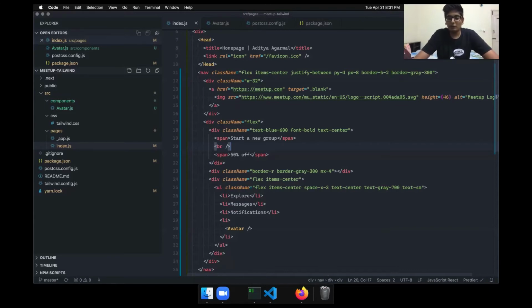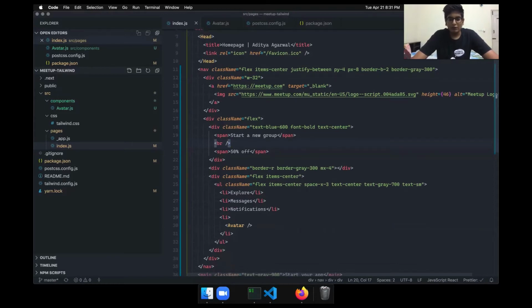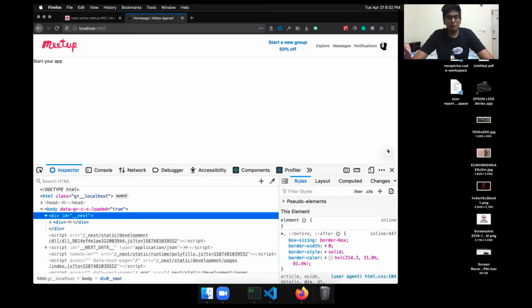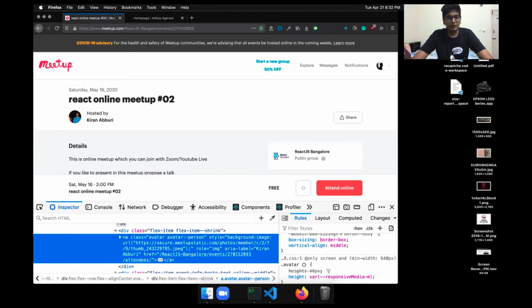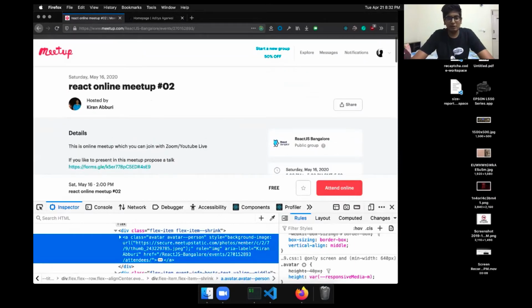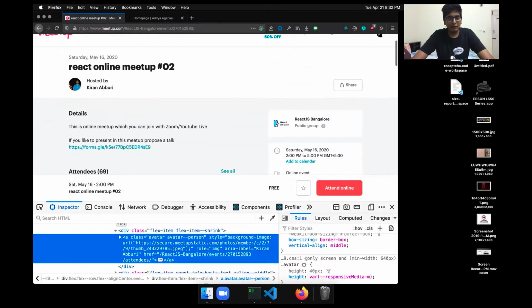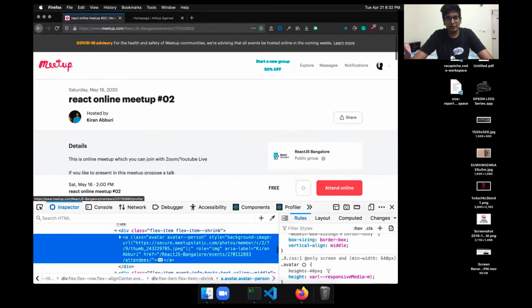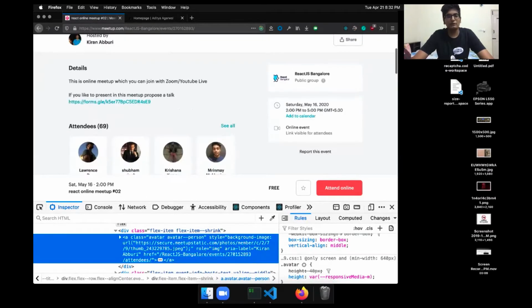With Tailwind, I don't have to choose all those things. I can just write all my logic at one place, and then if I see that this thing is becoming a reusable thing, then instead of making a class name, I make a React component, and that way I get reusability. So for avatar, I know there will be a lot of circular things coming, so why not make it? Cool. So I feel like this section we can do a little later. A more interesting section is this section. So let's do this first, then we'll come back to this later.